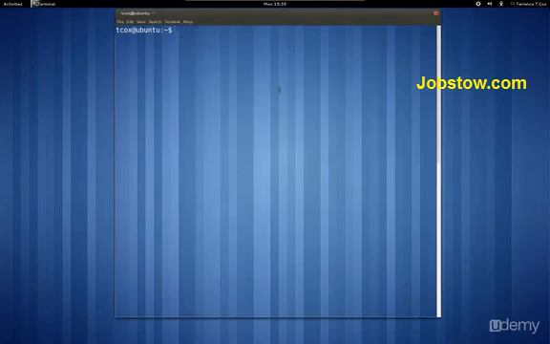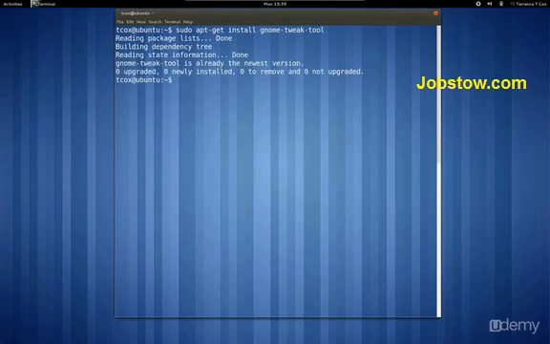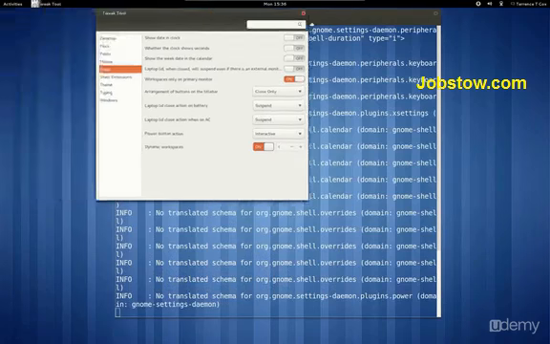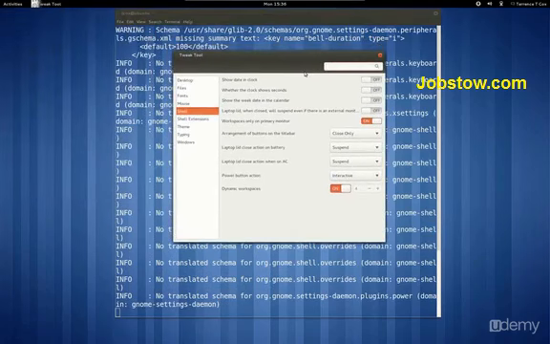Fortunately, some enterprising soul has also written the Gnome tweak tool. So if we do a sudo apt-get install gnome tweak tool, which I already have installed, you'll find that this tool will do much of the same types of things that you saw in the tweak tool, just a